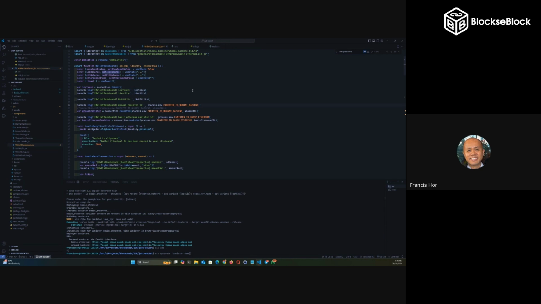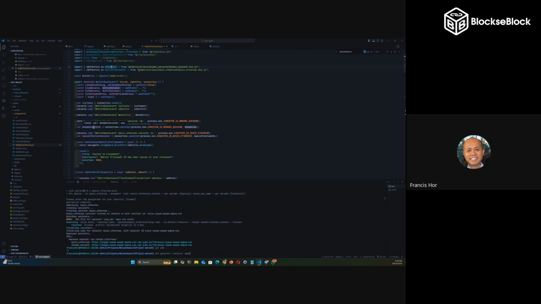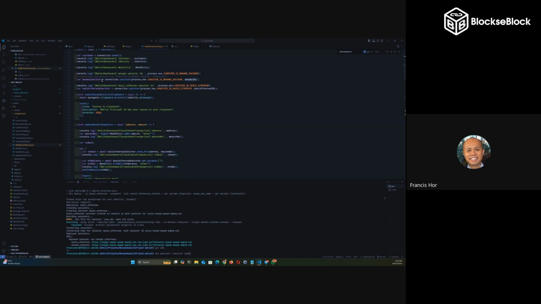So this is my who am I canister ID and the who am I smart contract IDL file. Yeah. So that I will successfully make a canister instance, the who am I canister instance,